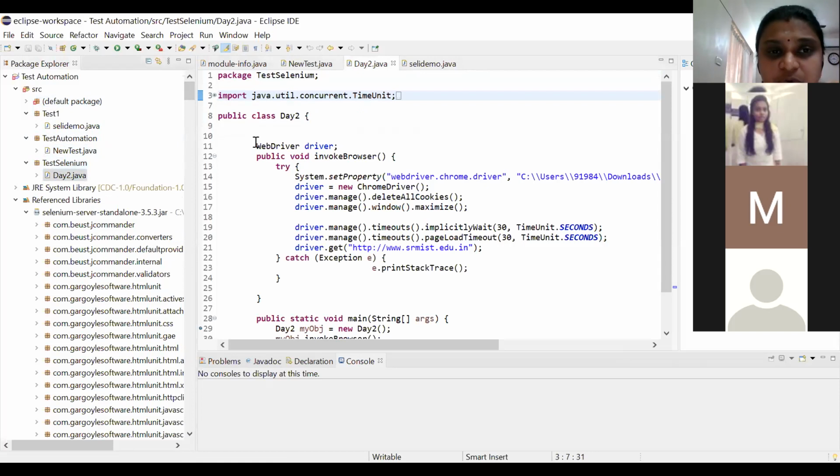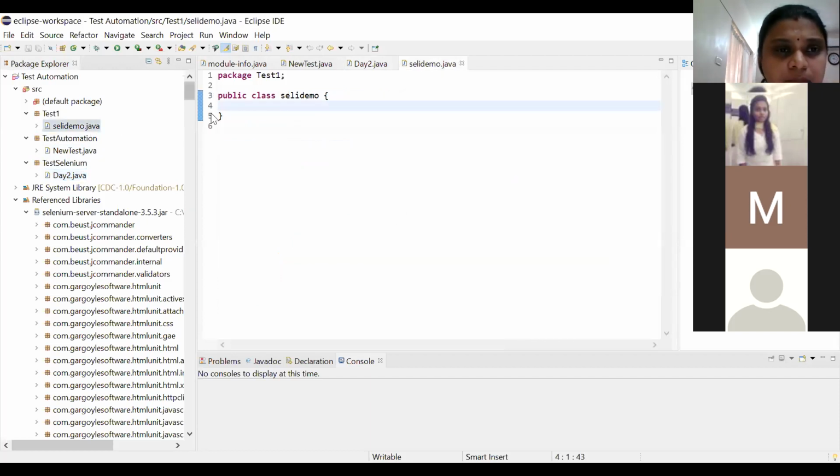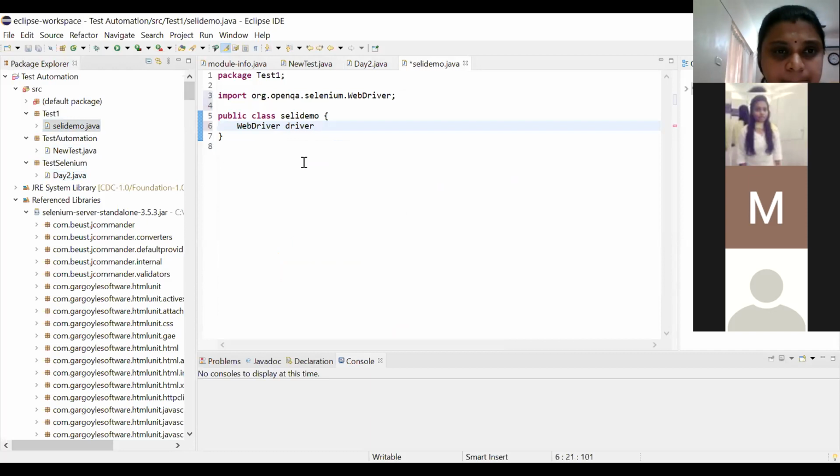See, for example, first when you start, I am using all these particular APIs of Selenium here. So here, let us say you have to have all this WebDriver functionality written here. See, for example, in our new class, we'll take this. You can see an error here if you do not link with it. Now you can see an error here.